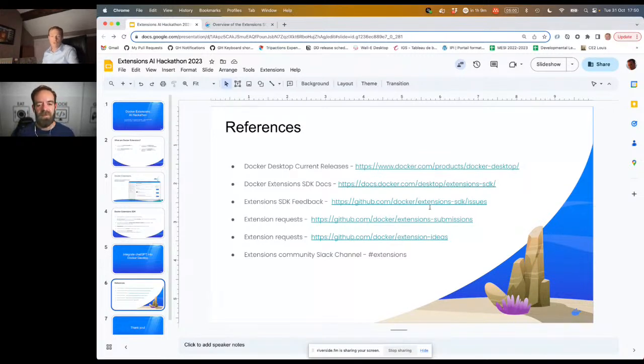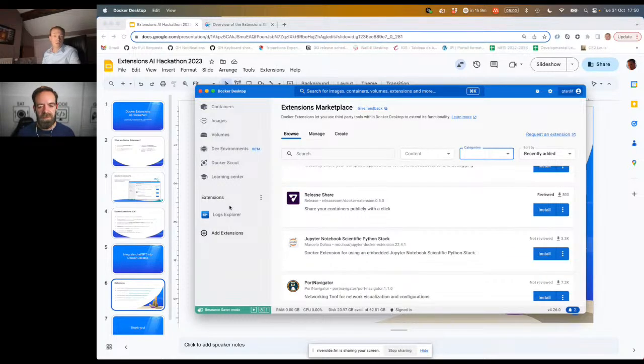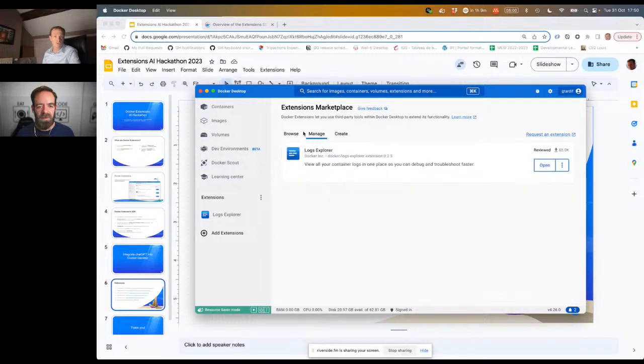One thing that's not mentioned here is if you have created an extension, say for this hackathon, and you want to share it with some of your colleagues or on social media, you can also create a link so that people can view your extension even if it's not in the marketplace. For example, here I've installed Log Explorer, and I can see the extensions that I've got installed on my machine. I can go there and click the share option, which will generate a link that you can share.